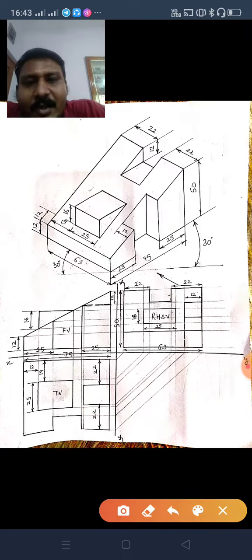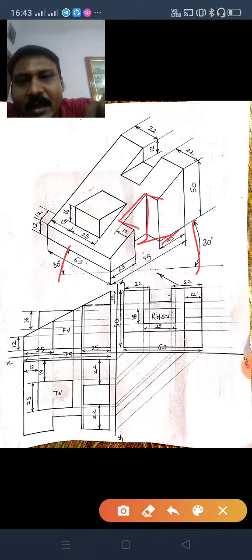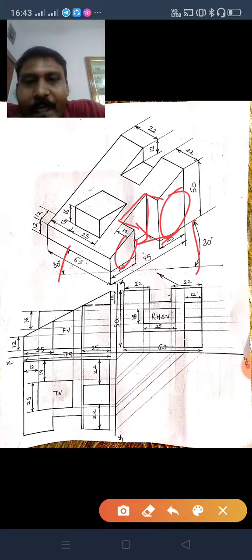So again a similar question. Draw a line, take 30 degrees from here, draw two lines, 63, 75, 25, 25. Again it is not drawn directly. A depth of 12 mm. Likewise, that portion is cut. The middle portion is cut inside, sunk 12 mm inside. It is kept inside 12 mm in the figure. Now draw this 12 mm, you will get this line. Take a height of 50 mm, join this, you will get this line.